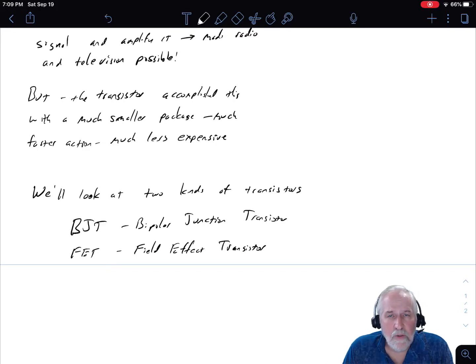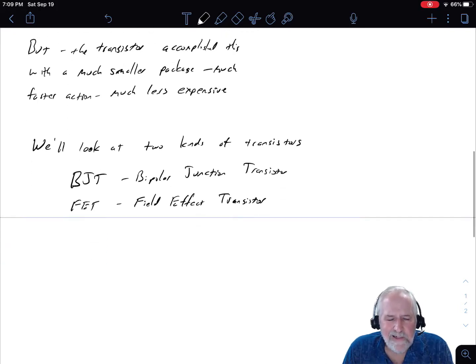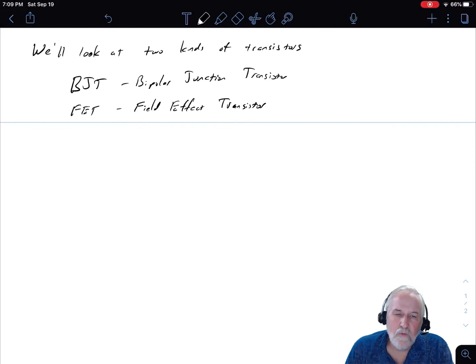And they are more durable. There's reasons why you may want to use them, but they're a little harder to design for. And I think, hopefully, at the end of this video, you'll see why that is. So the bipolar junction transistor has